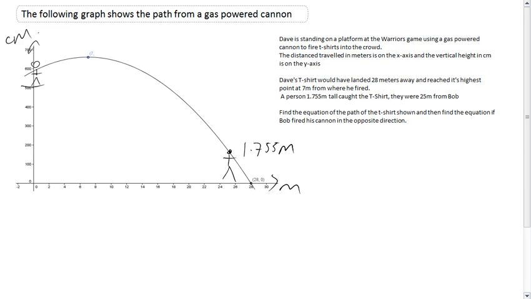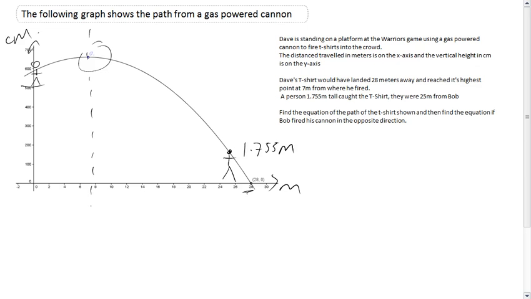Now, on the surface of it, it looks quite tough, because you would immediately assume that you're going to do this by completing the square. But I've only got one value. And then you look at it and you go, well, actually, I've only got one root as well, so I can't do it by factorising. But you can, because we all know